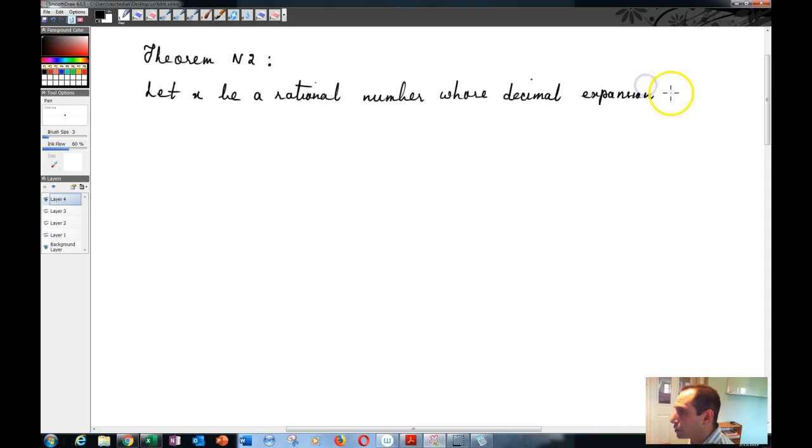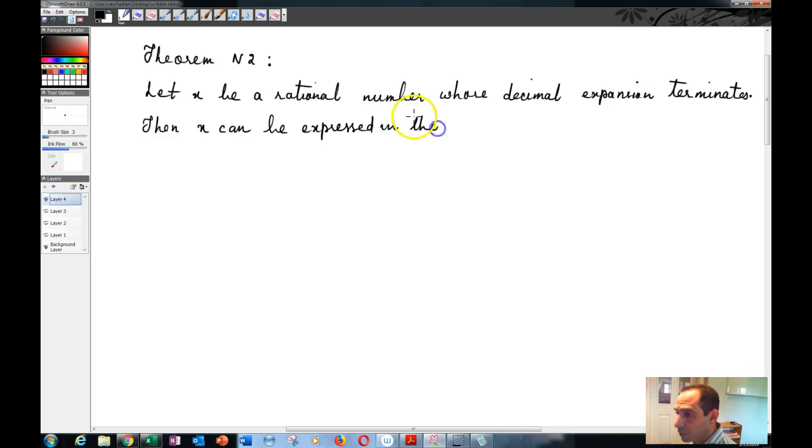Then x can be expressed in the form p by q, where p and q are coprime,